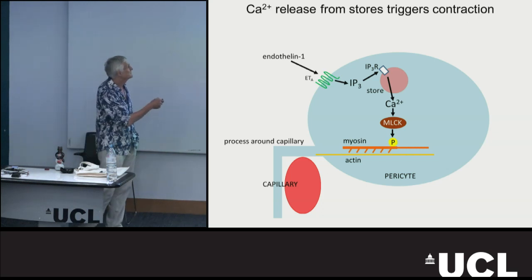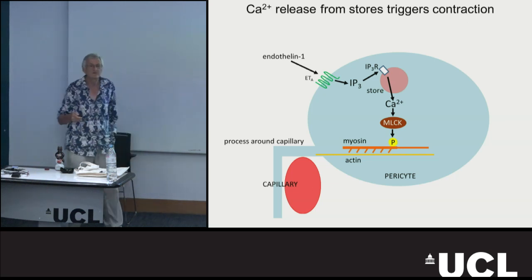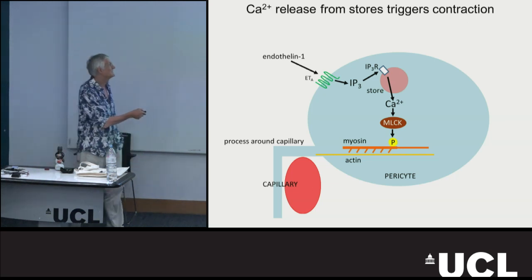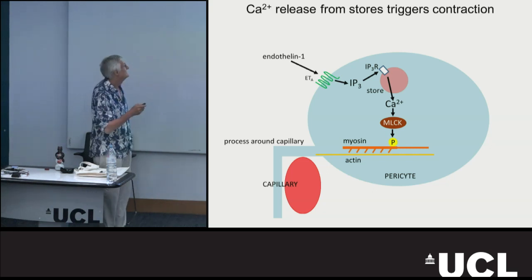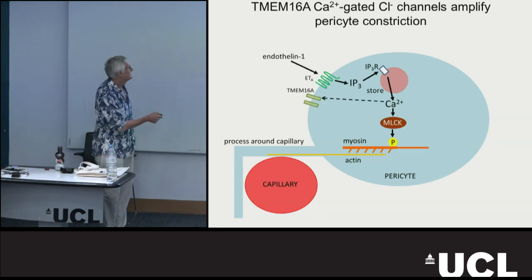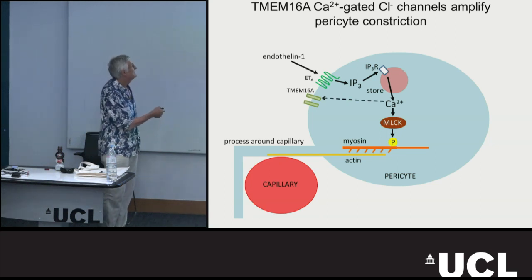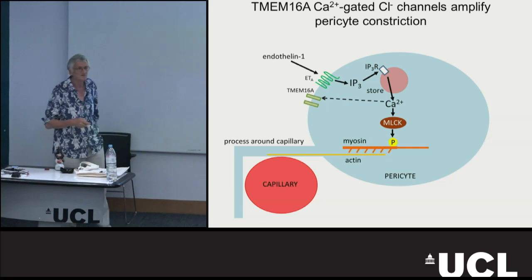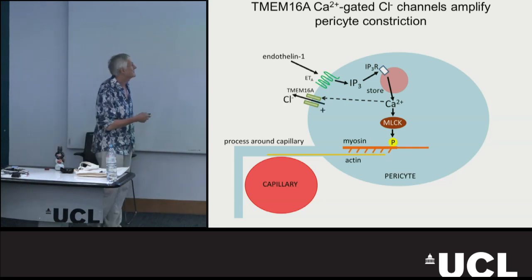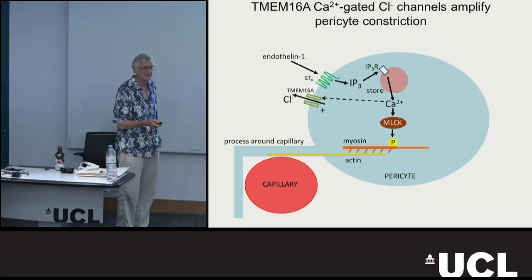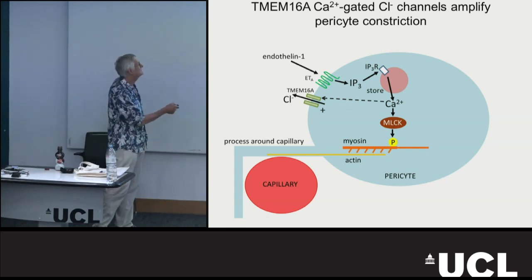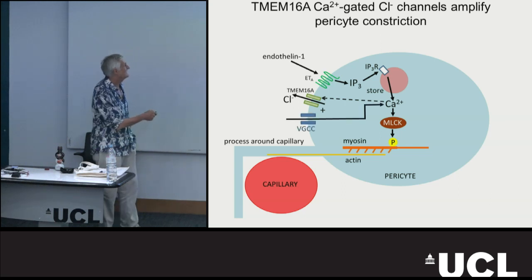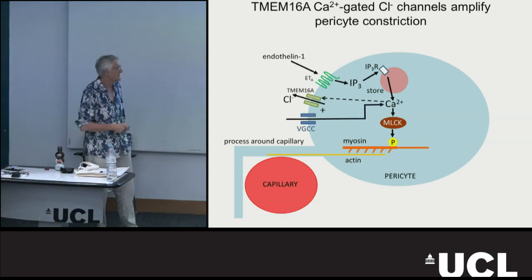But it turns out it's more complicated than this, because the endothelin itself only raises the calcium a little bit. And the rise of calcium which occurs is amplified by another mechanism, which we haven't published yet, which is that this rise of calcium activates a calcium-gated chloride channel called TMEM16A, and that the chloride gradient is depolarizing in these cells, like it is in GABAergic neurons early in development. So chloride goes out, and that depolarizes the cell, and that leads to opening of voltage-gated calcium channels, and the